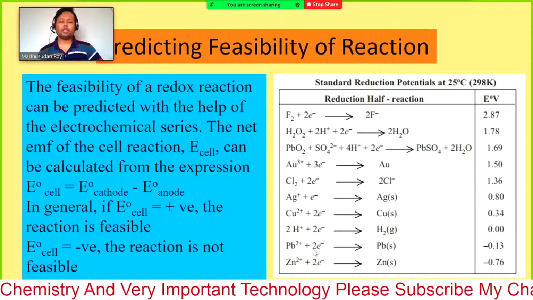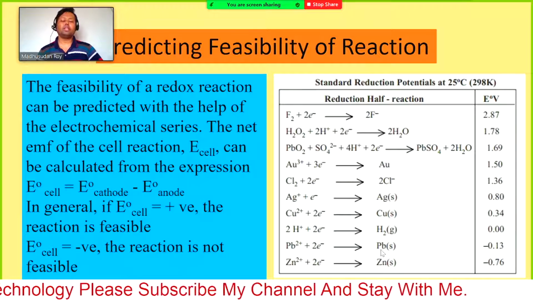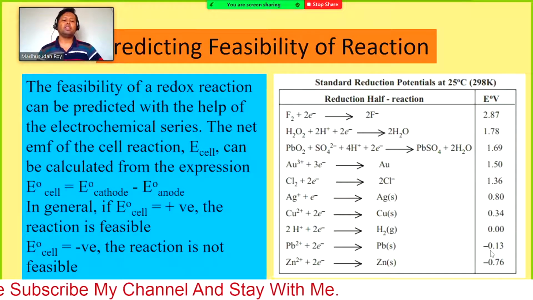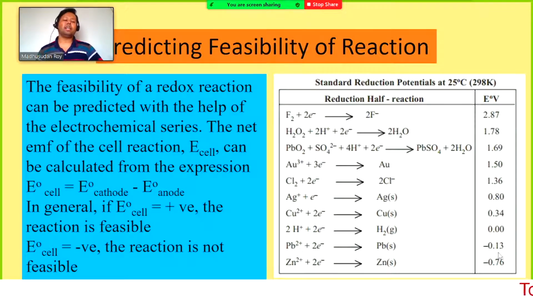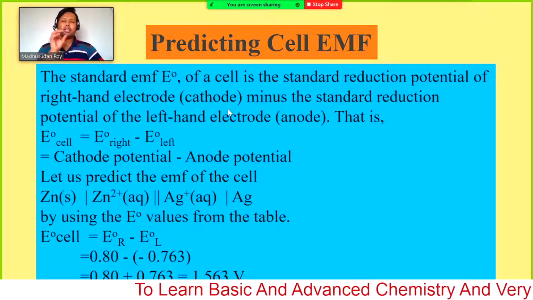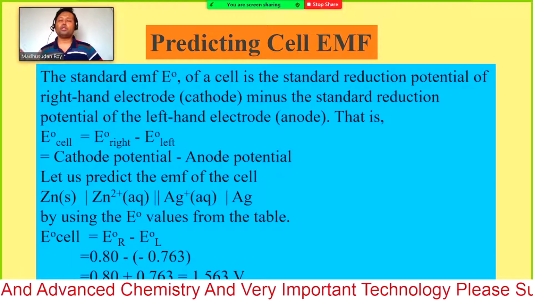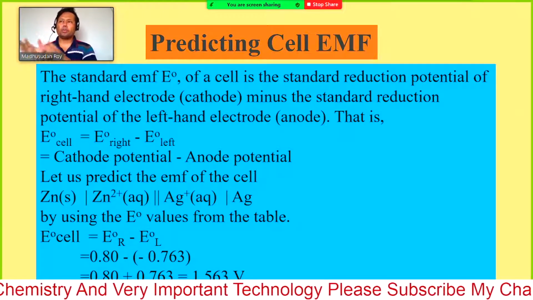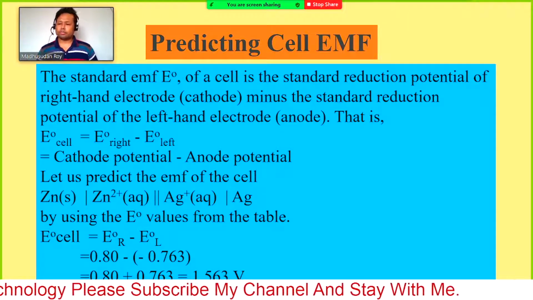So the reduction potential of lead is minus 0.13. In that case you need to think that the oxidation potential of lead is 0.13, not negative, because minus 0.13 is the reduction potential. So if you think about oxidation potential, you need to remove the minus sign. So to find the cell EMF, just to remember easily which one should be oxidation and which one reduction, whether cathode or left side, right side, we are avoiding both confusions.